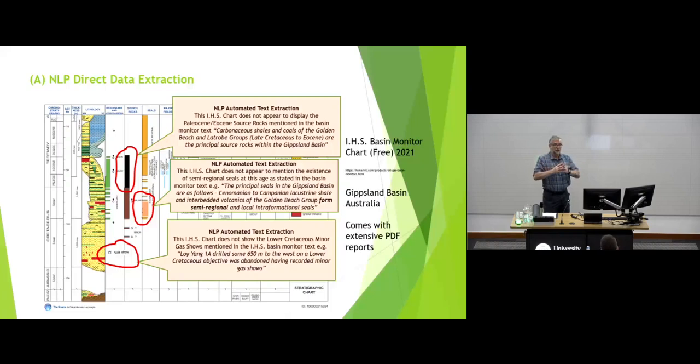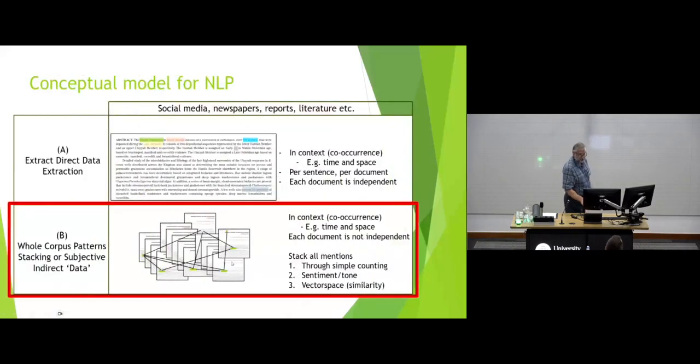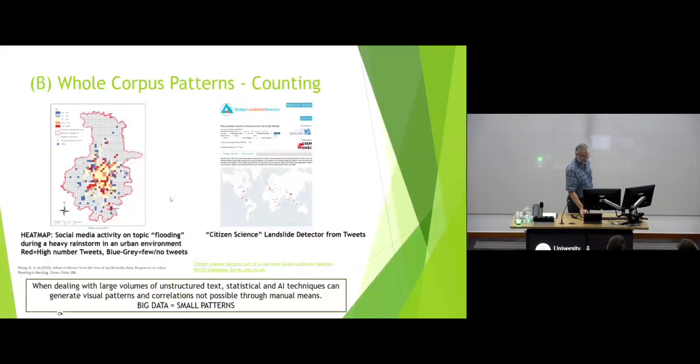So you can imagine if we gather together a large amount, it could well be that there's data hidden amongst it. Some people refer to it as dark data because it's hidden in amongst all this unstructured archive, that challenges what we think we know, or what we think is a truth, when we look at a summary or model. So for the rest of the presentation, I'm going to focus on the whole corpus patterns through simple counting, through sentiment, and then the vector space. Mainly in time and space, which are the two main contexts for geoscientists.